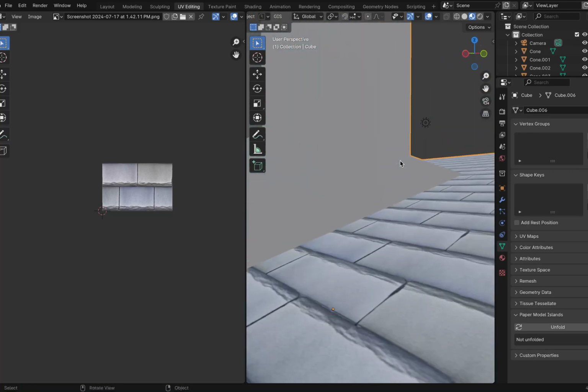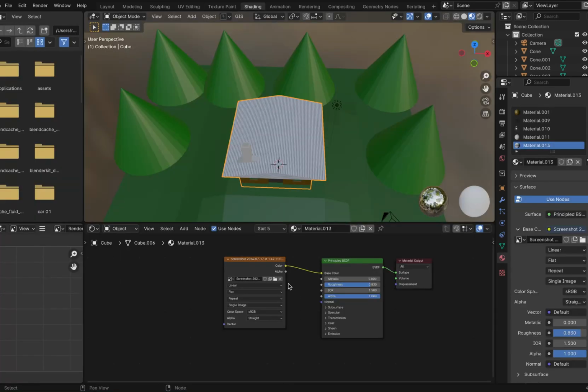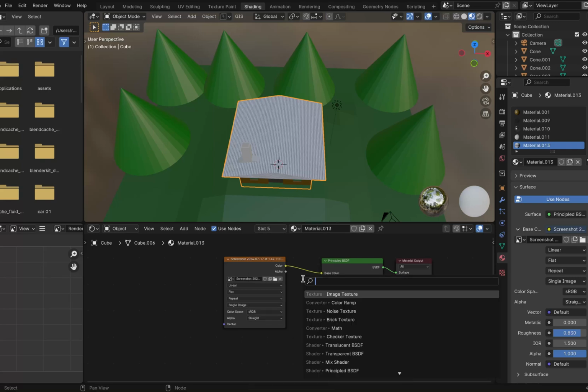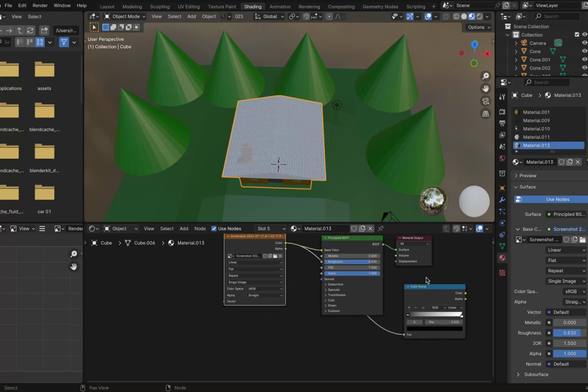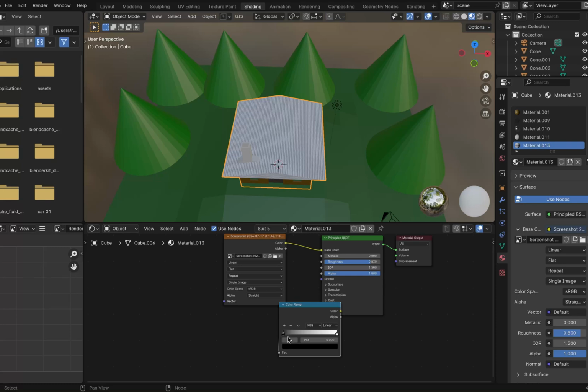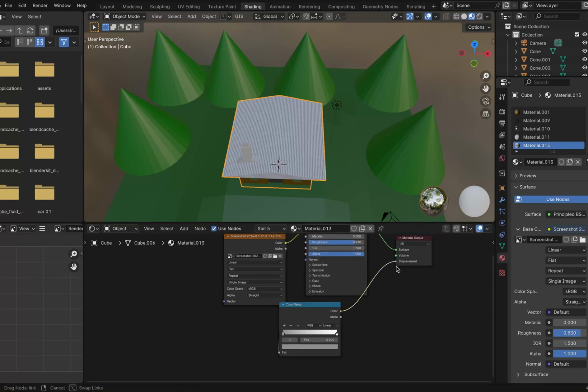Now you'll notice this still looks kind of flat. For that, we can go into the shading tab and just add a node called a color ramp. Again, Shift A, search color ramp. And just plug the color into this in factor thing and make it this one light gray, and plug this color output into the displacement.